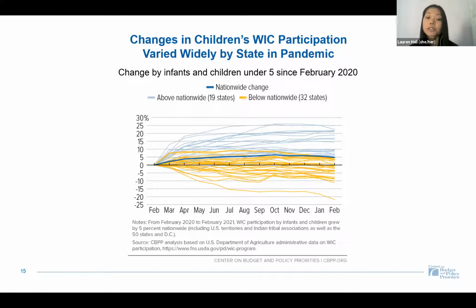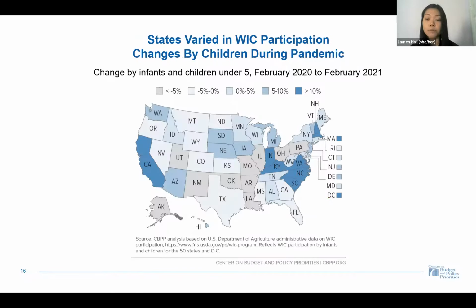Growth has been higher for infants and children at about 5%, and among children ages 1 to 4, it's nearly 10%. So this is all good news. But what these figures don't reflect is that there's actually very wide variation among states in terms of their change